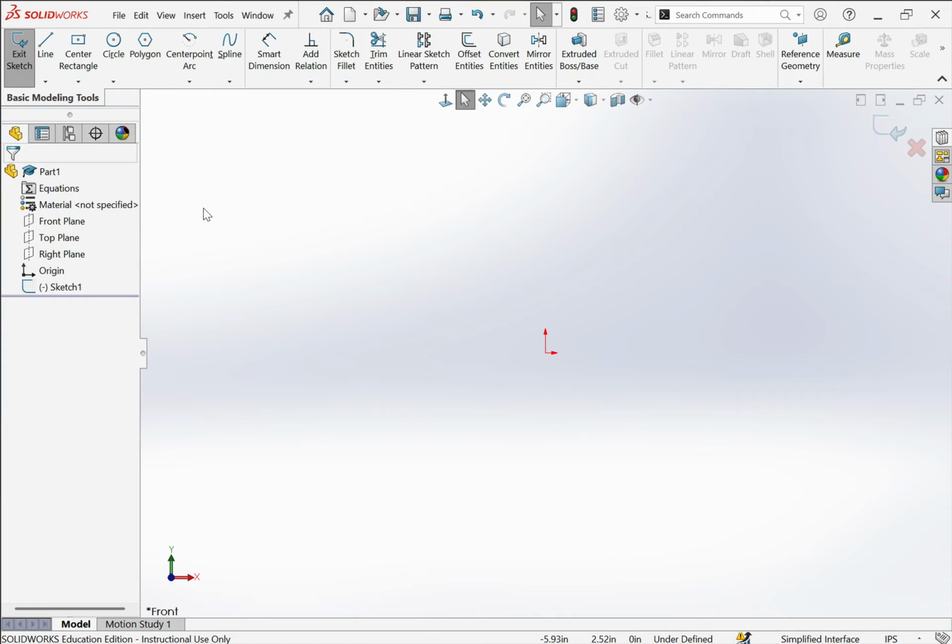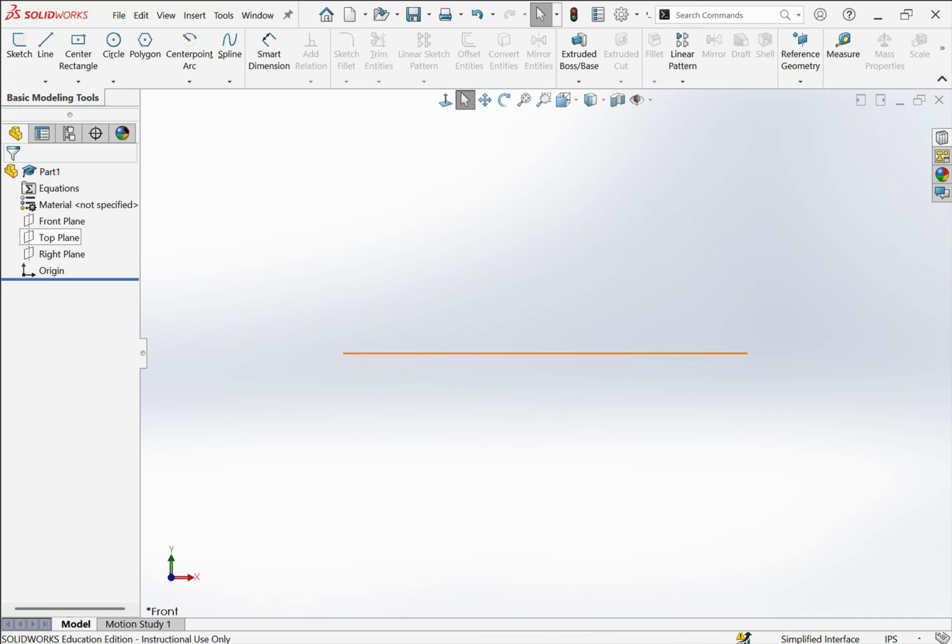So one of the first things you'll notice here is that, at least as far as SolidWorks 2025, the first thing that happens is it actually puts you into a sketch. And if you look down here, the front plane is the sketch plane. Oftentimes you want to specify what the actual sketch plane is that you choose to sketch on. So I want you guys to, as soon as you open up SolidWorks, uncheck the sketch, which exits sketch, and